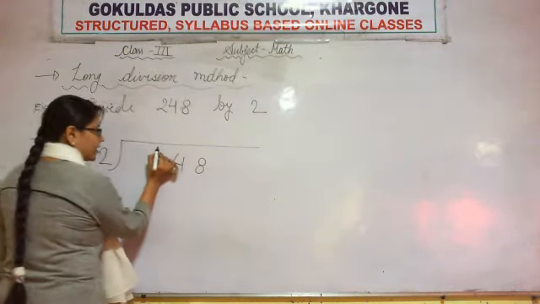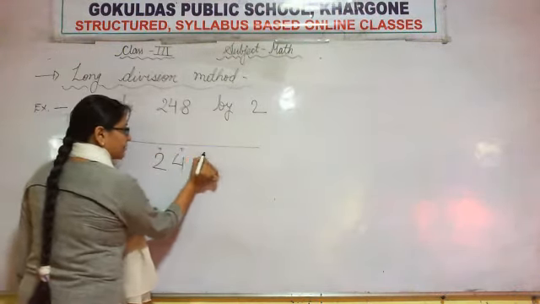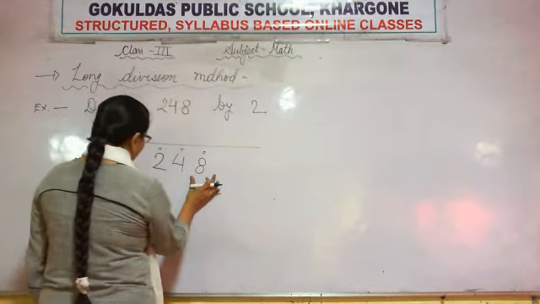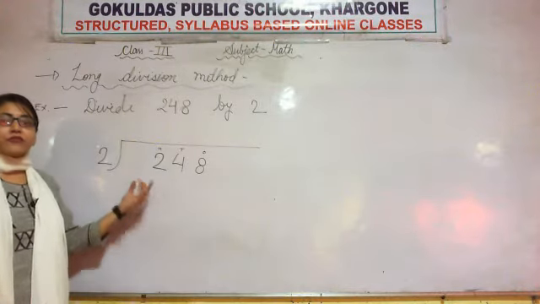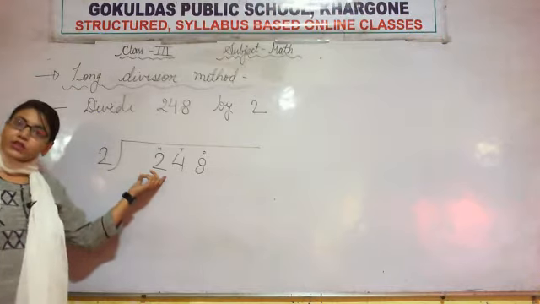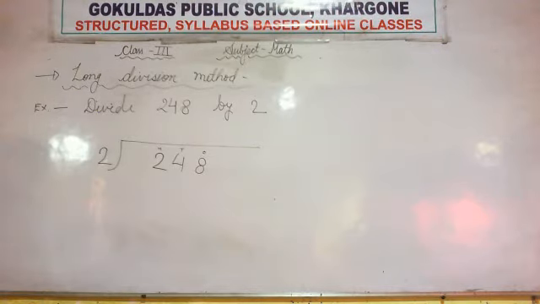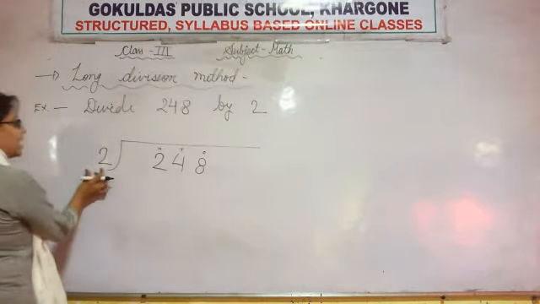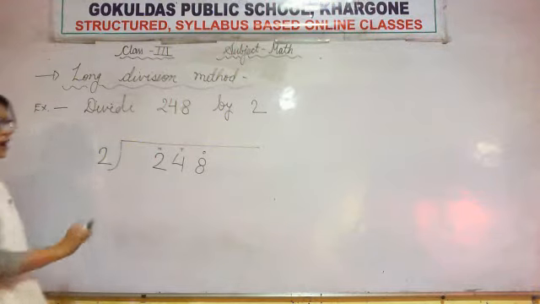So this is the hundreds place, tens place and ones place. All of you are aware of hundreds, tens and ones. So while dividing we will always start from the hundreds place. We will not start from the ones place. We remember we will start from the hundreds place. Okay students, so first of all, we will arrange the numbers. See, we have arranged the dividend and divisor.